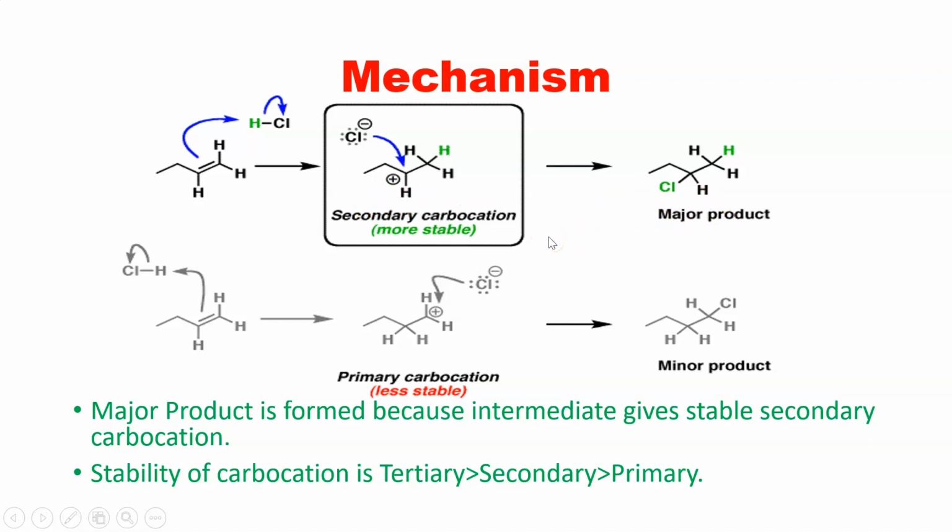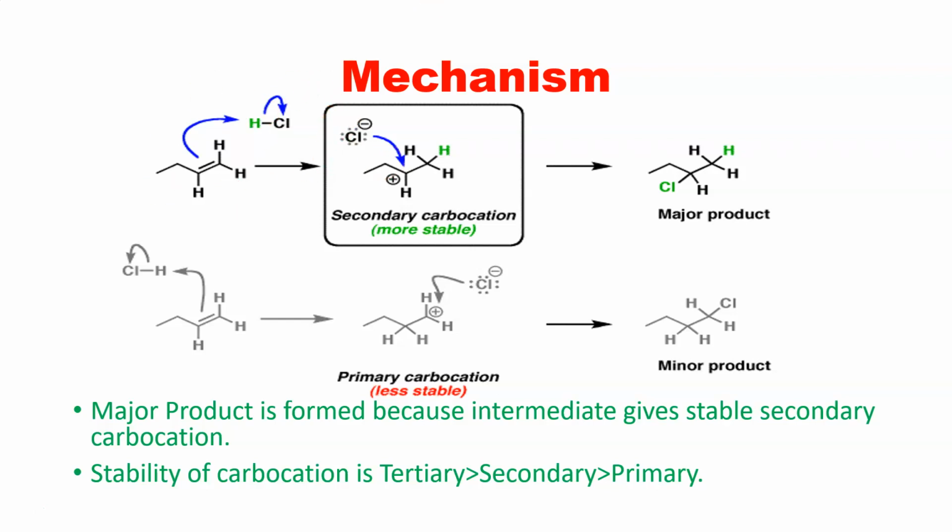In the case of Markovnikov's rule, it does not mean that we do not get an anti-Markovnikov product. It is an anti-Markovnikov product, but it is very minor, while the Markovnikov product is very major. So you should understand the reaction conditions, because Markovnikov and anti-Markovnikov differ only by a peroxide. When peroxide is present, we see a different kind of mechanism, like the free radical mechanism, but here we see a carbocation type of mechanism, or electrophilic addition reaction mechanism.